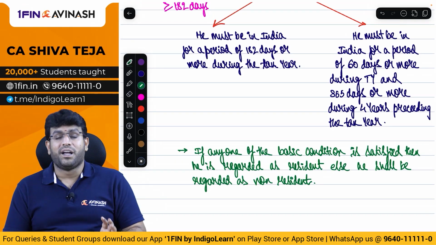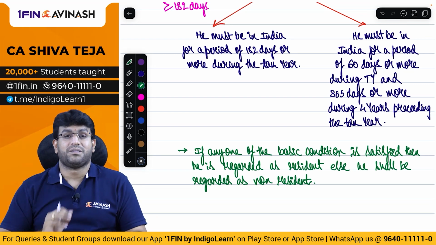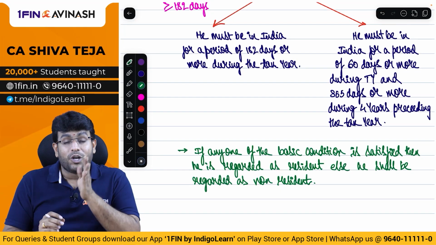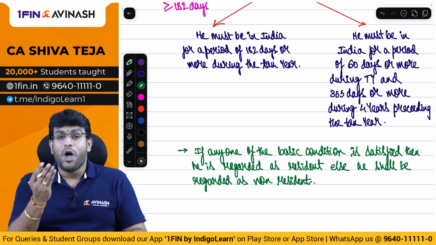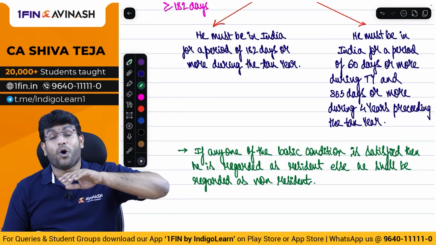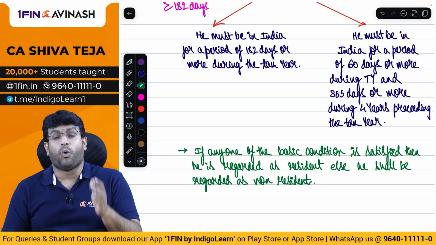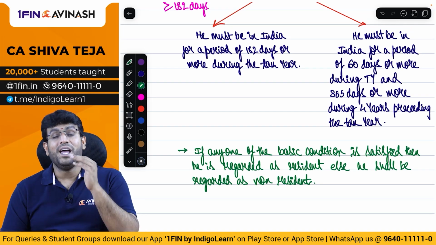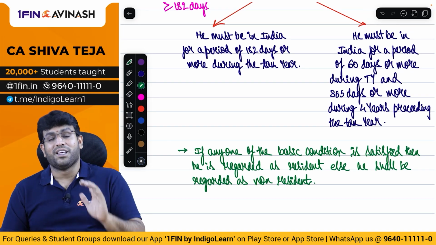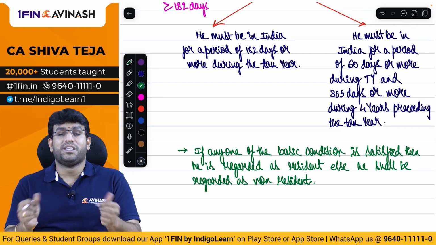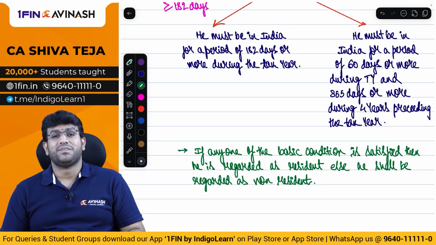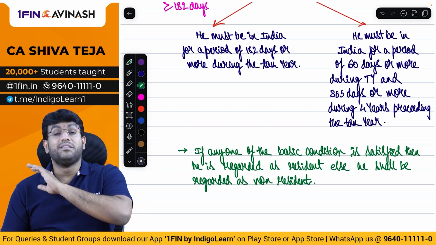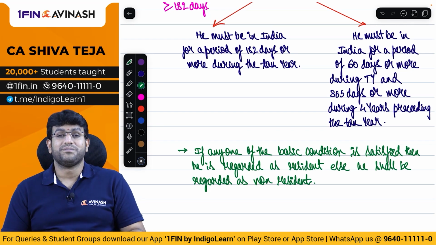If the person is resident, we will see further clarification. That is, we will see further bifurcation of ordinarily resident, not ordinarily resident. So the story of ordinarily resident and not ordinarily resident will come into picture only when, first of all, a person is a resident. But at the starting stage itself, if we decide that the person is non-resident, the story ends then and there itself. There is no second thought about it.